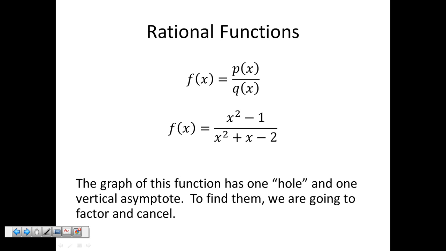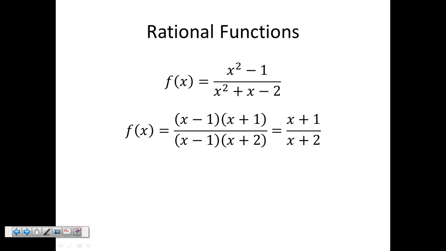Now, some important features of these graphs. There was no hole in the previous graphs, but one thing that we're going to have to identify are holes in the graphs of these functions and the vertical asymptotes for these functions. Now, the best way to deal with these things, absolute best way, whether we're talking about holes or asymptotes or anything else,